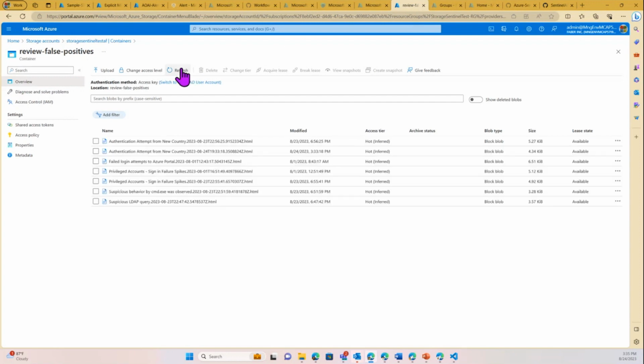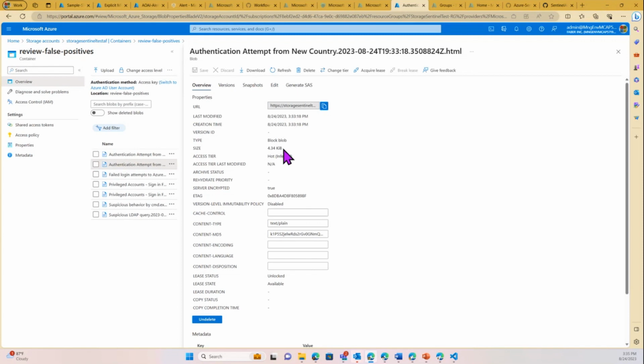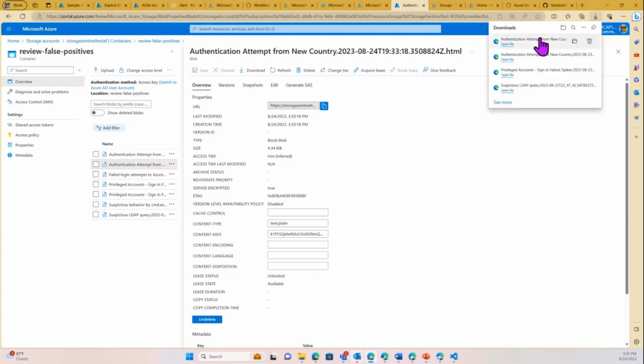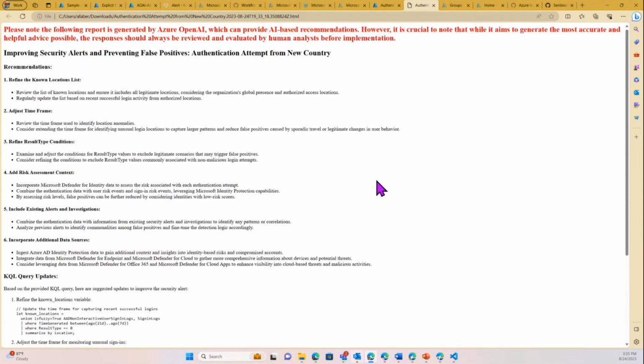I refreshed it. 824, 333. Is that the one? Yeah, new country. Download. I have no idea what this is going to look like. Okay, so this is what it gets. So again, my little note about, hey, this is generated by Azure OpenAI, and the recommendations that it gets on